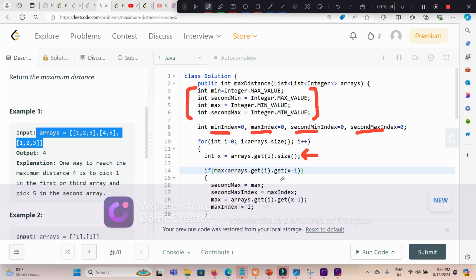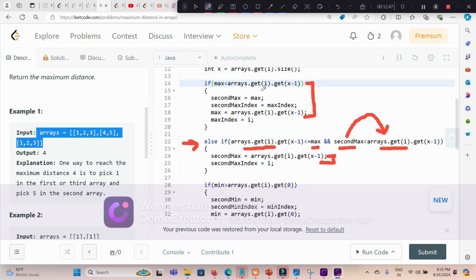In that case, what we have to do is first of all swap the values and index to the second guy, second max, right? I'm making second max equal to max and second max index equal to max index, and then I'm updating the greatest value to the max and max index, just making the swap between the largest and second largest guy. Okay, then so see here,